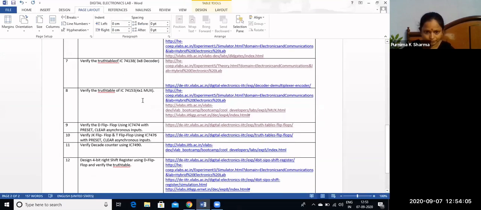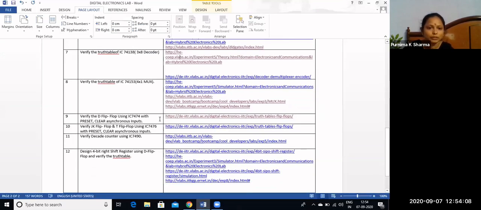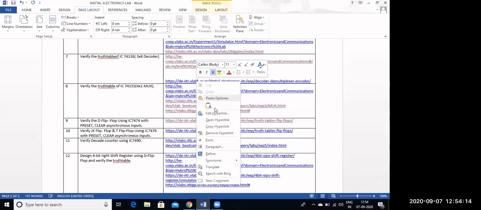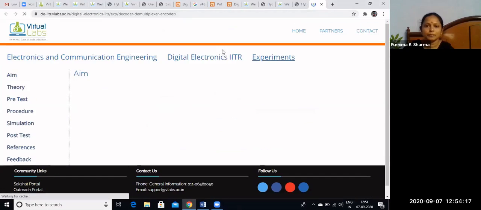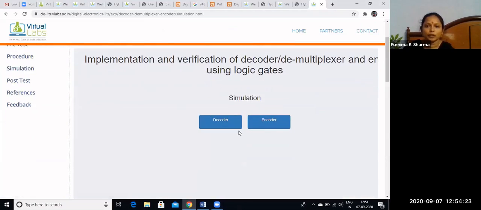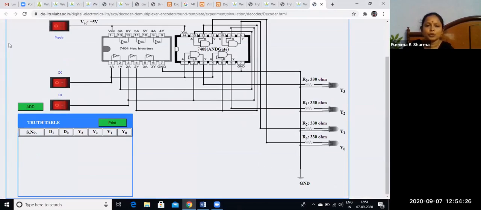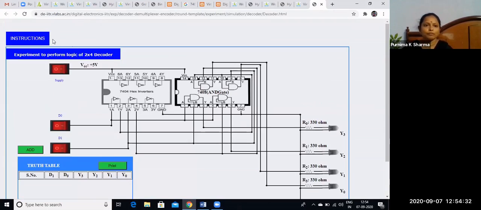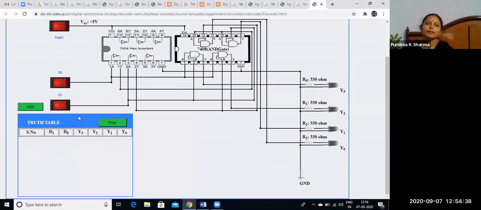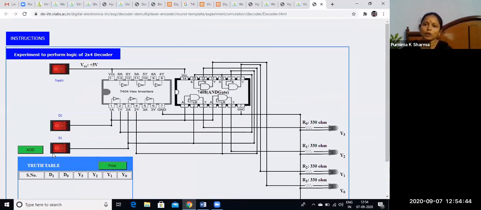Otherwise you can go for a different lab. I'll show you one more. That is the IIT Roorkee lab. Using this also we can perform the same experiment. You can observe here decoder, encoder using ICs. Using ICs, you can perform the operation of a 2:4 decoder. We can perform the operation, check, and get the truth table. Okay, the same thing, whatever we did in the previous experiment, we can do here.